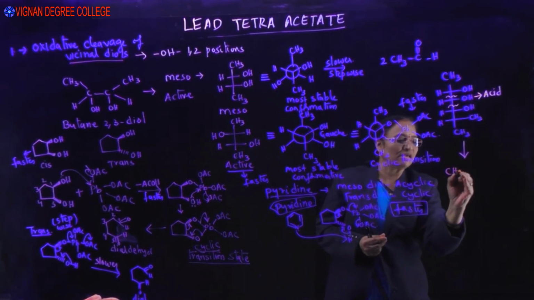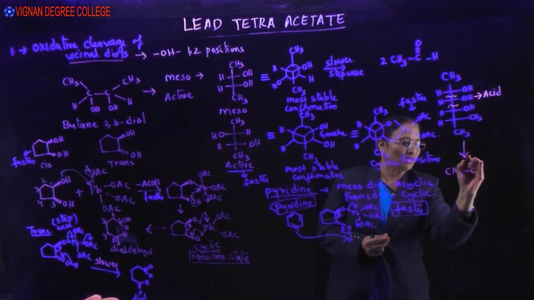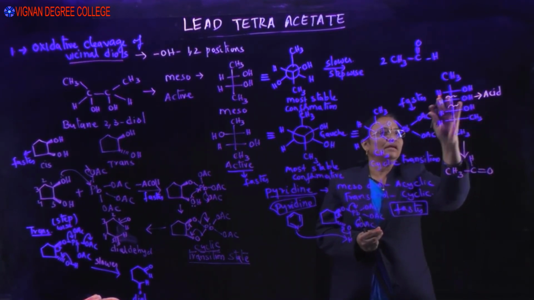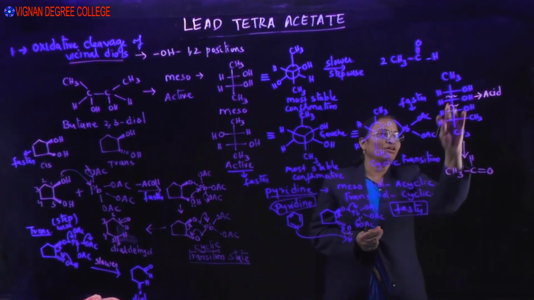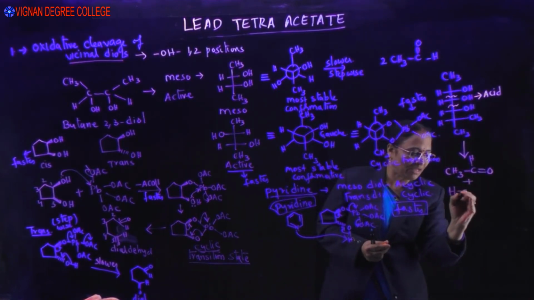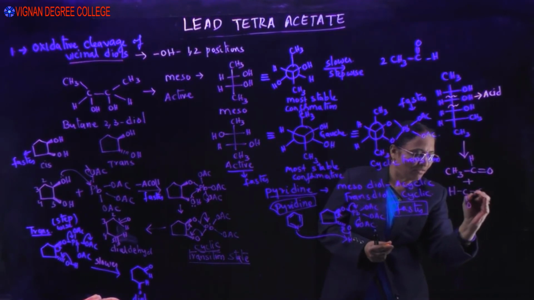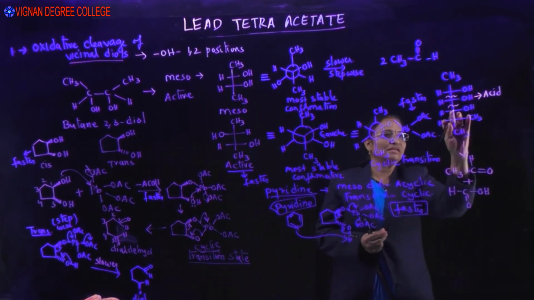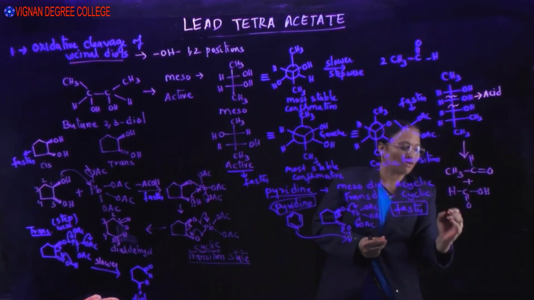So, this is CH3CH=O, whereas this third carbon will lead to the formation of your acid. So, it leads to the formation of formic acid because you have the hydroxy groups on either side of the carbon atom. Therefore, this leads to the formation of a carboxylic acid,